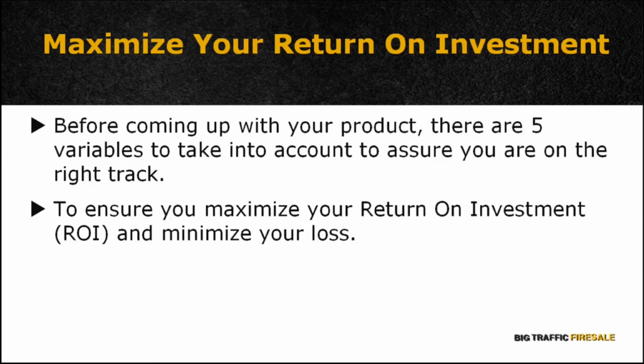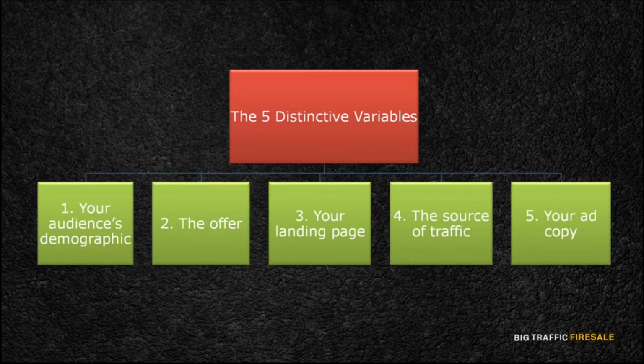This module applies the reverse engineering strategy shared with you in the previous module. When your ads aren't working, refer back to the 5 variables and remember to not have more than 2 unknowns out of the 5. If you do, it'll be hard for you to produce an effective ad to lure massive traffic. The 5 distinctive variables are: 1.